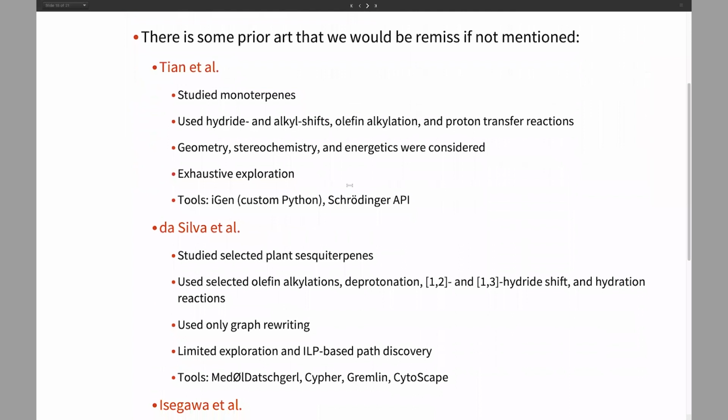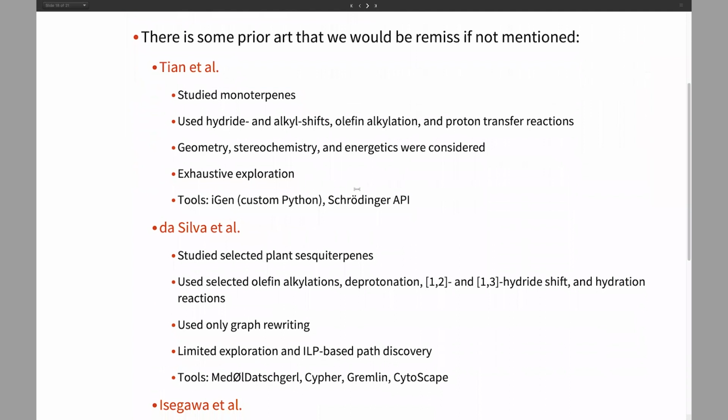The one that's closest to this work was published by Tian et al. They used essentially the same set of reactions we did, but they also considered geometry and stereochemistry and energetics. They did an exhaustive exploration. They didn't stop it at where things seemed to be reasonable. They also generated a lot of those 3-membered and 4-membered ring compounds in that first chart that were below the